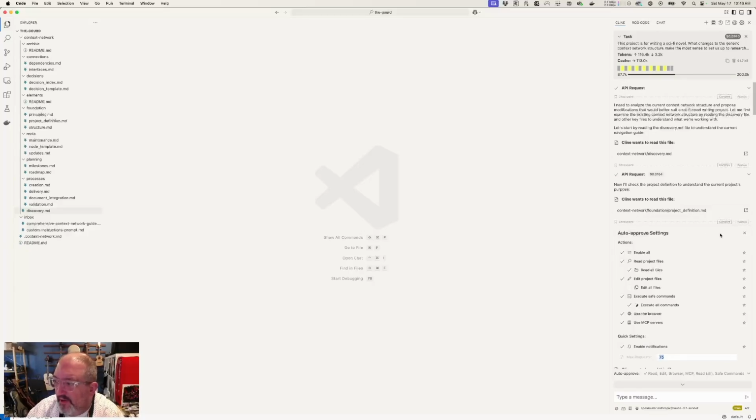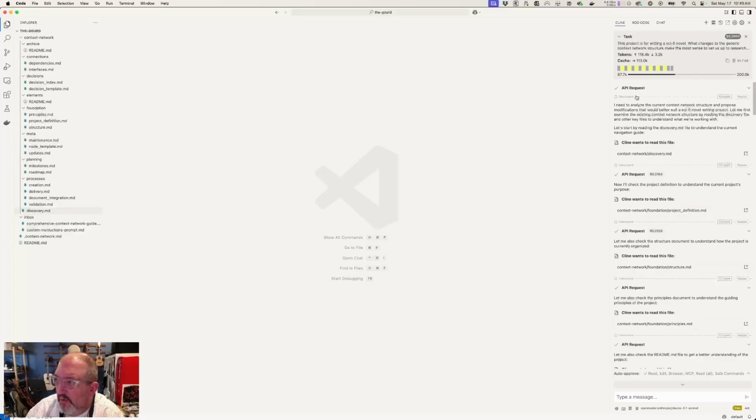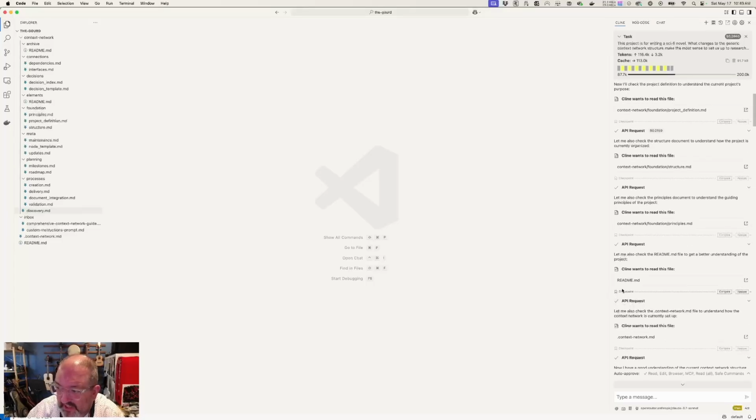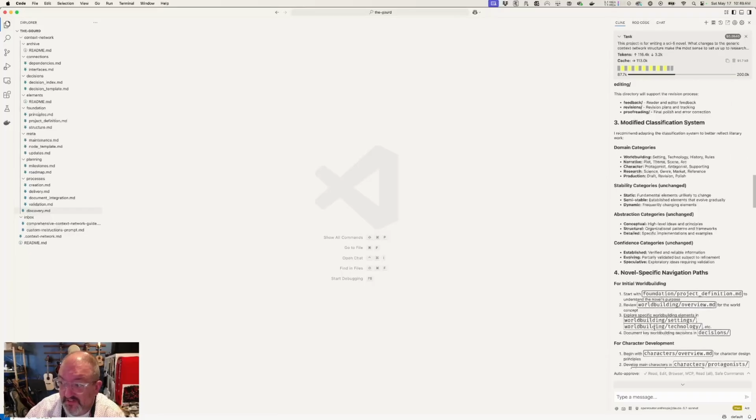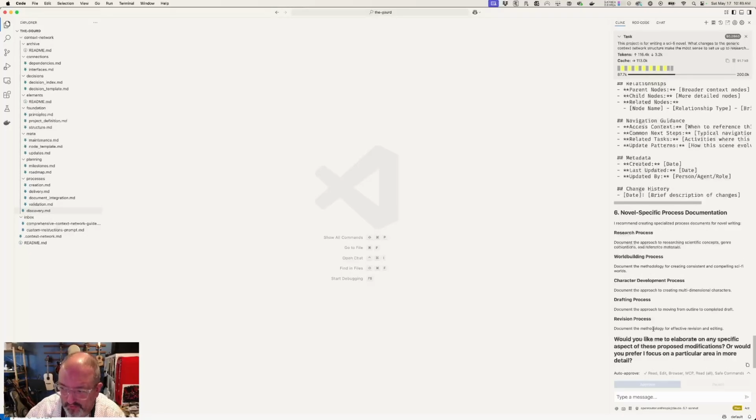So API request, right? 1, 2, 3, 4, 5. If you set that number to 5, it would have checked in right here and said, do you want me to continue? And that will allow you to make sure that it's on track in spending your money in a way that you're okay with. I've been working this way for several months, so I'm a little bit more comfortable than you probably should be starting out. So dial that number down, set it to not approve anything,